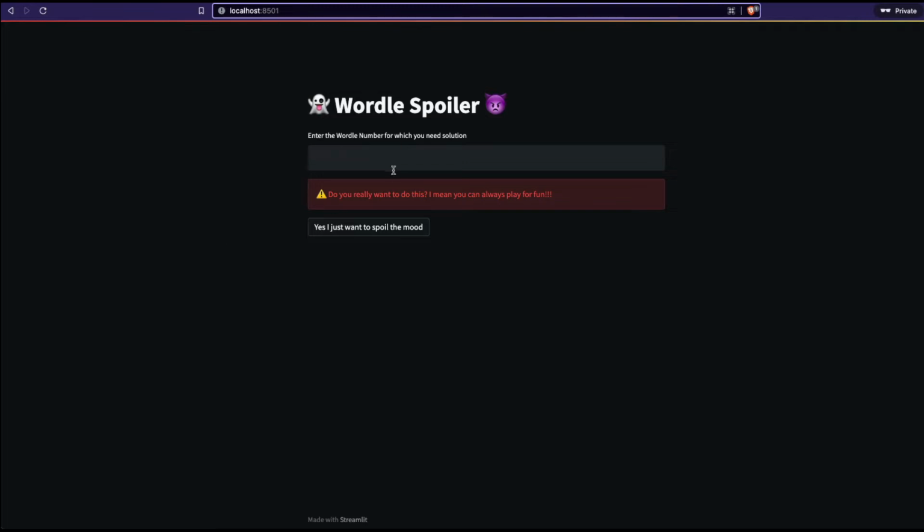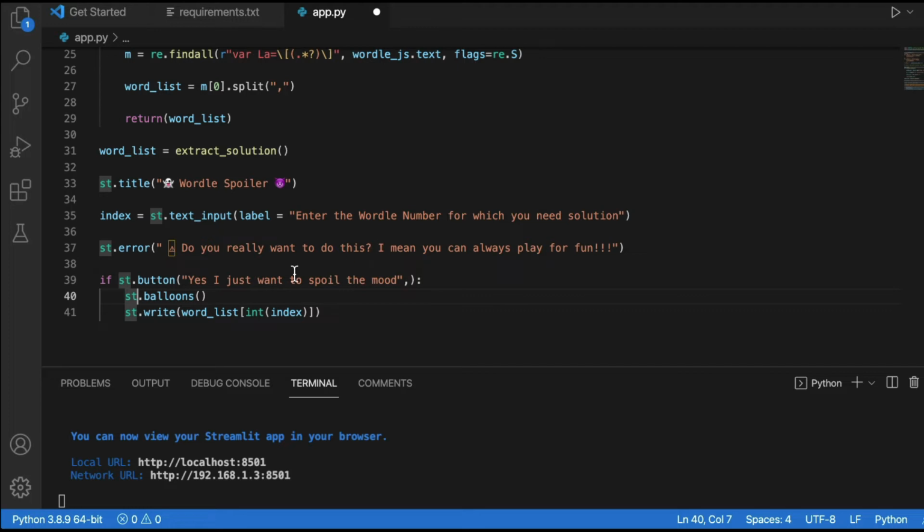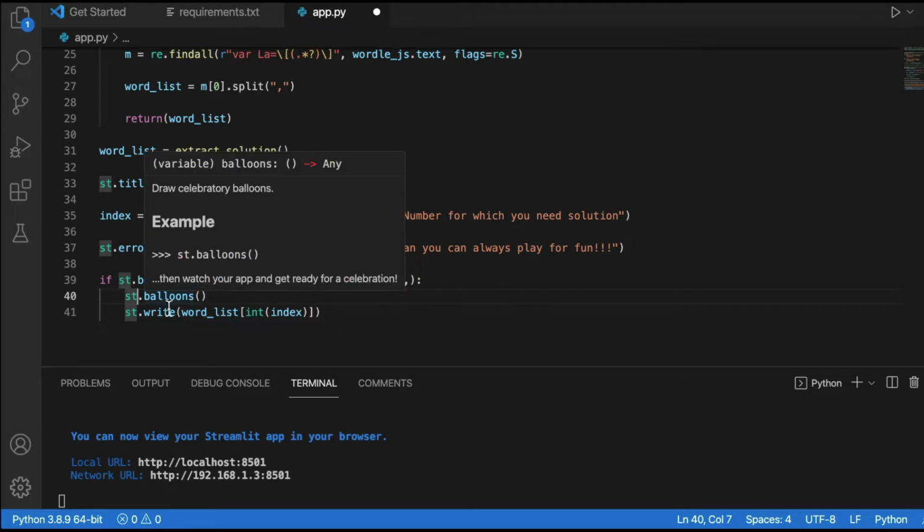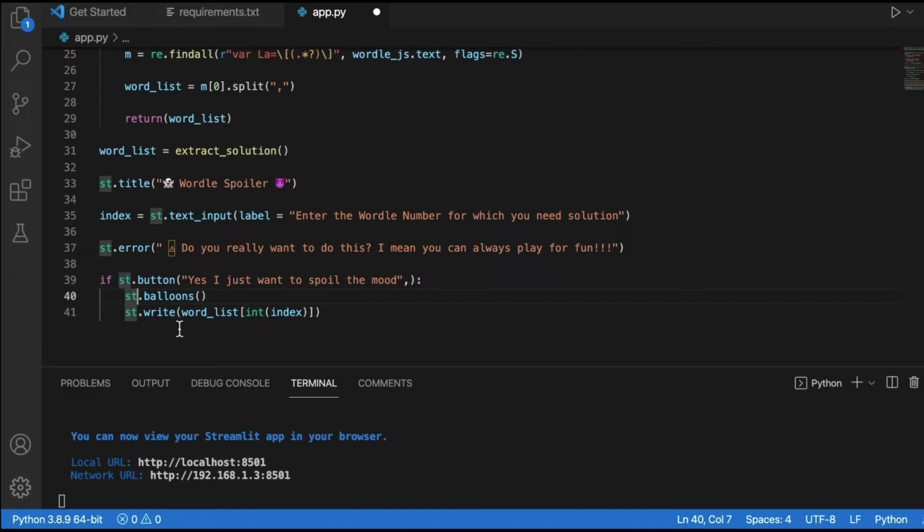So when you click this button, let's say you want to send an email, you click this button, let's say you want to show a chart, you click this button, you want to stop a process. So this button will execute the rest of the statements that are below this.